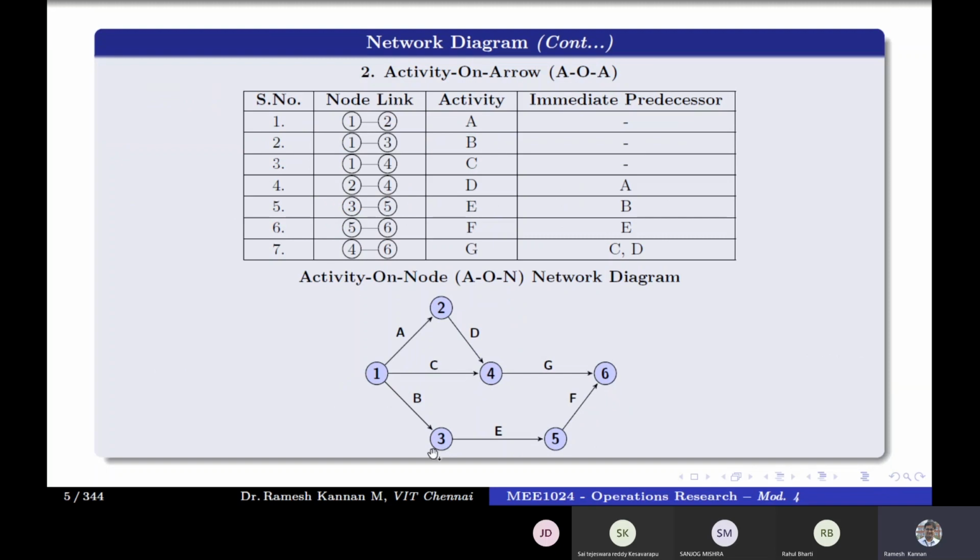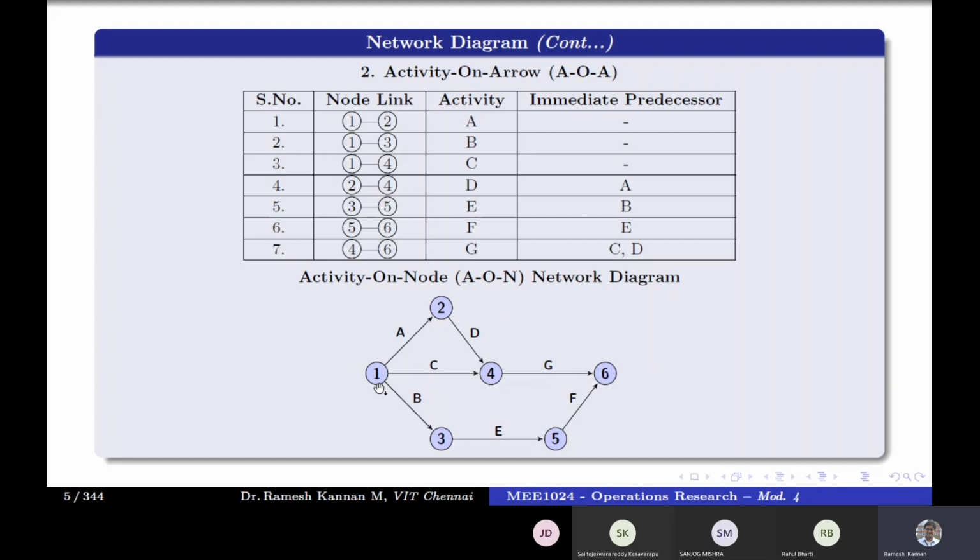And this is generally an event. So for example, this is activity on arrow, which is similar to activity on node. In the previous case, we represented the activities in the nodes. In this case, we have represented the activities above the arrow, so that is what is called activity on arrow. Once we represent the activities on the arrow, the events are numbered. There's a rule called Fulkerson's rule for numbering events, but I'll tell you what exactly that means.